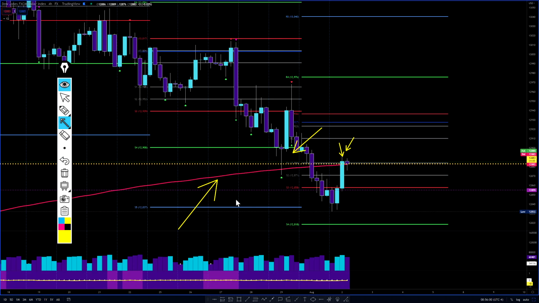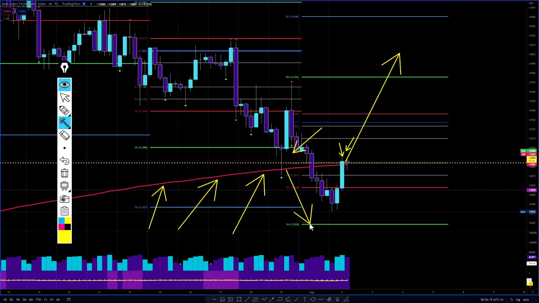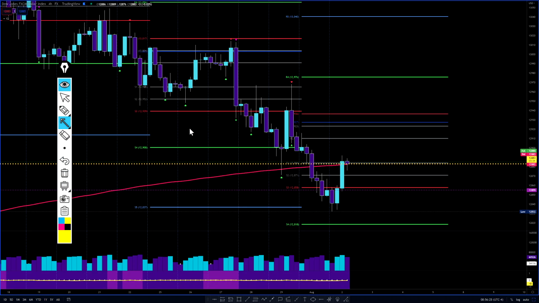This is also the anchored VWAP from the beginning of the year. This is the upper VWAP. So this is where the bullishness support is supposed to take place, right? We're supposed to break back above that and keep pushing higher to remain bullish. Anything under this level, we're starting to head towards VWAP, the annual anchored VWAP, anchored from the beginning of the year, right?